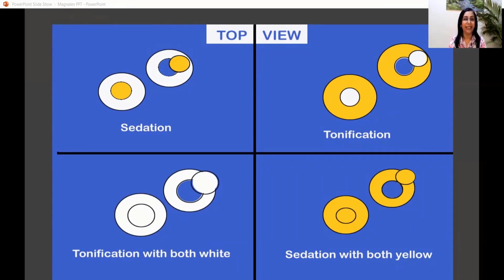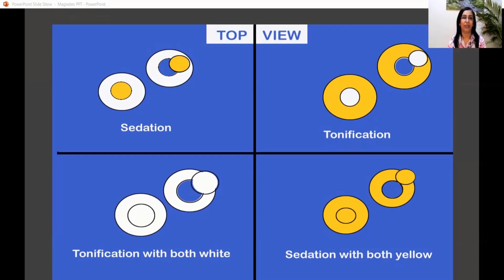Application like this can be a little difficult as the north pole of a magnet repels the north pole of another magnet. And same is the case with 2 south poles. They will repel. So when you try and put both inner and outer rings of the same color, the inner magnet will pop out and not stay. So we have to fix these with the help of paper tape by arranging the magnets on the paper tape first and then fixing on the area where tonification or sedation is needed. For example, we can use these powerful, strong ring magnets with both rings white seen from top for hypothyroid or